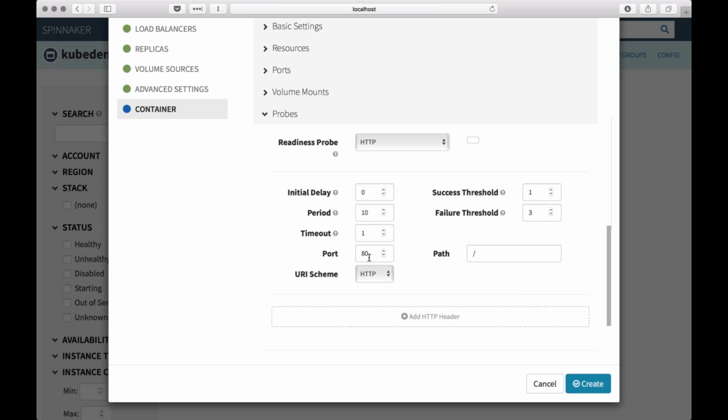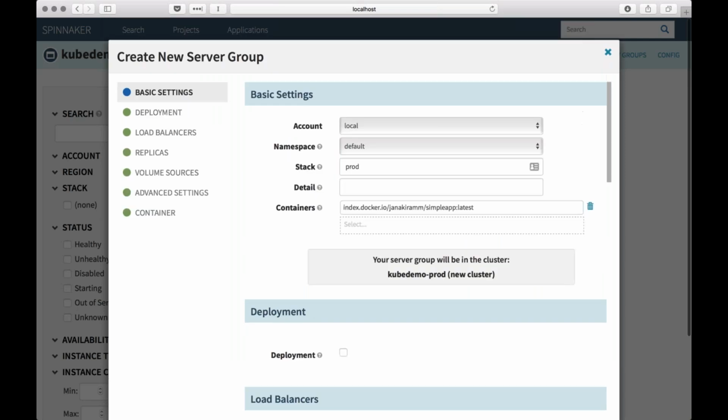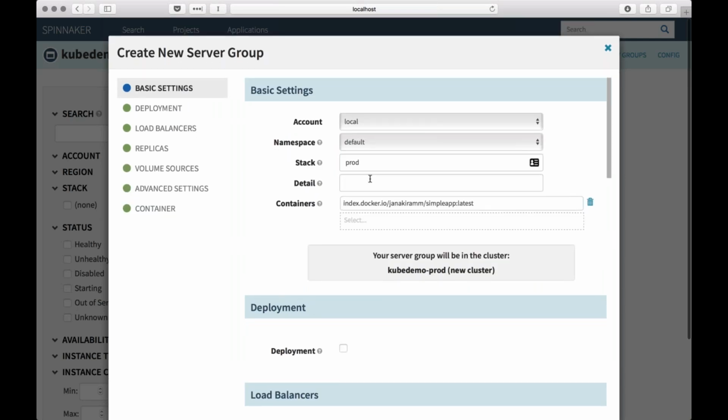And since our pod listens on port 80, we need not change anything here. So our Nginx default homepage is available on the root. So nothing needs to be done here. We are all set. Just to do a quick recap, I'm basically giving the stack name as prod, associating that